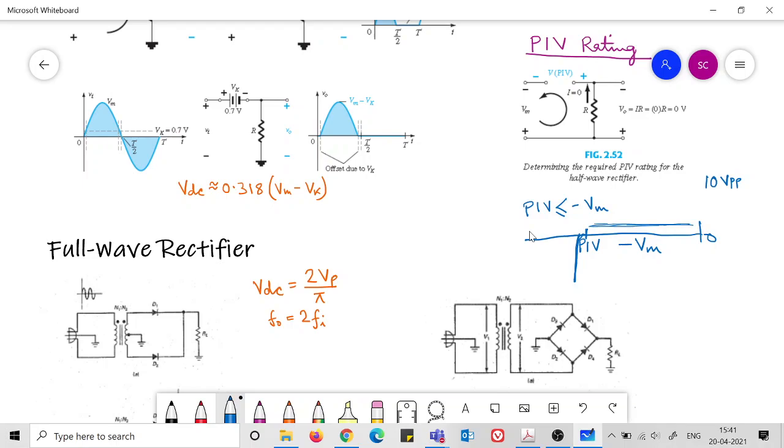Now there is a diode with PIV 12 volt, minus 12 volt to be more precise. So you can use that. There is a diode with PIV minus 8 volt. You will not be able to use that. If the PIV is minus 15 volt, you will be able to use that. So any PIV rating which is less than minus 10 volt, you will be able to use. So your answer for the numerical would be that the PIV of the diode should be less than minus 10 volt.